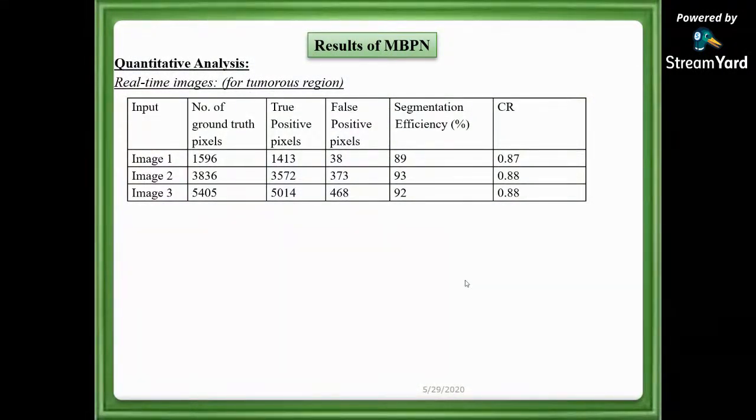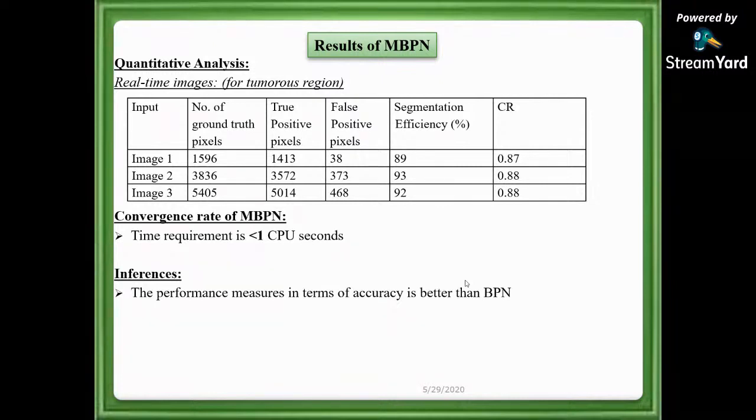So these are the results you can check later. Interestingly, there are no iterations and my time period is reduced. Accuracy wise, both may be almost similar. If not, MBPN may be slightly better, but in terms of convergence rate my modified approach is going to overcome the conventional. Understood? SOM suffers from accuracy, so I found a solution for improving the accuracy. BPN suffers from slowness or low speed, so I found a method for improving the speed. At the same time, the other parameters should not be compromised.